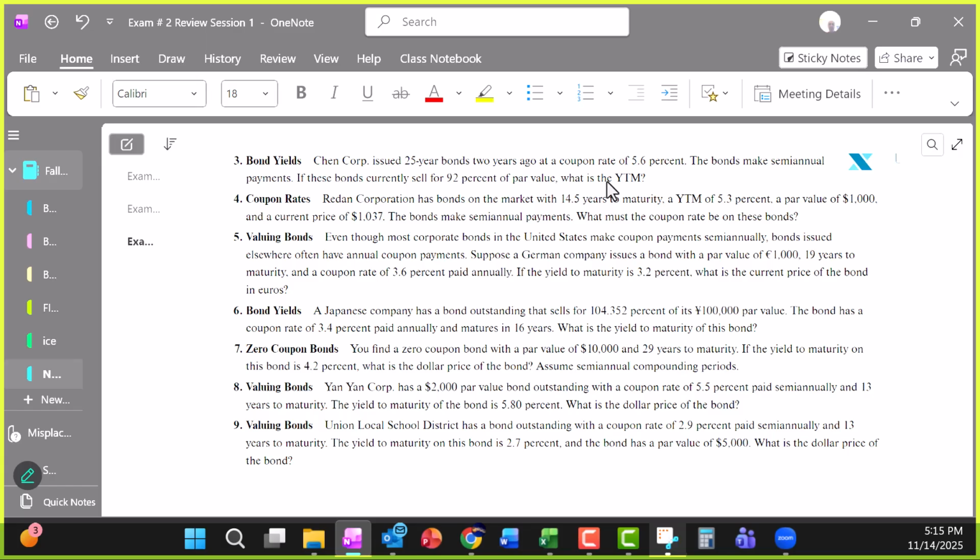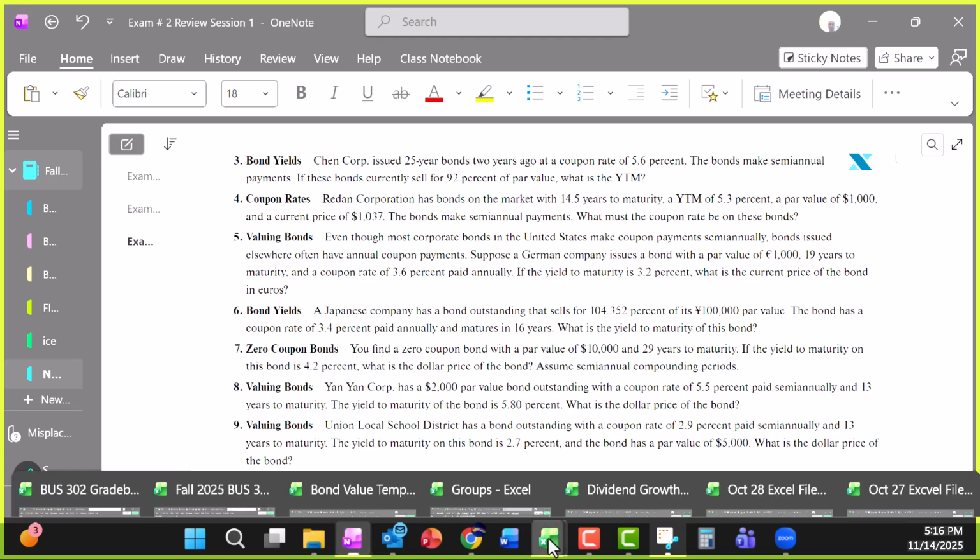In the previous problems, we knew length, coupon frequency, face value, coupon rate, and yield to maturity. From that, we calculated the value of the bond. Now we know the value, we need to figure out the yield to maturity. The way we do that,